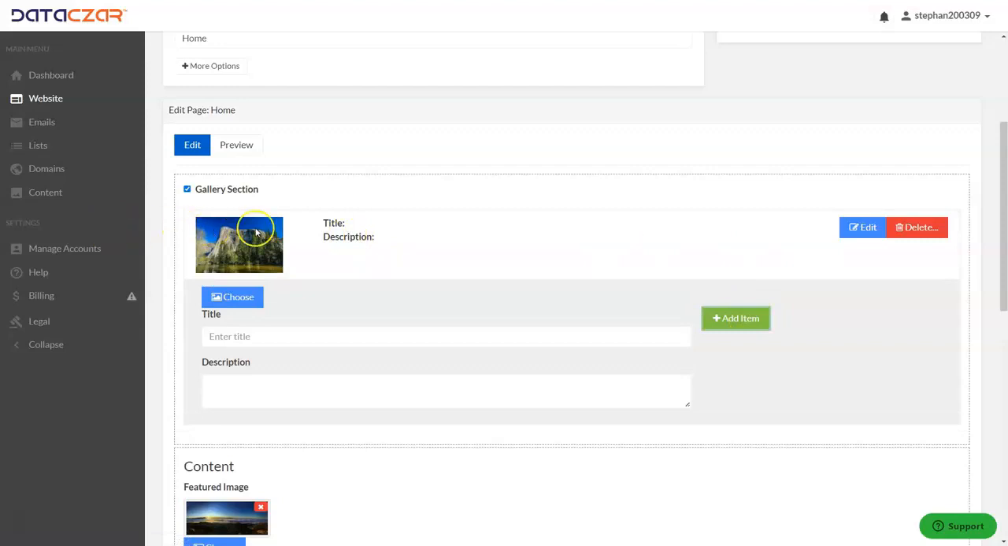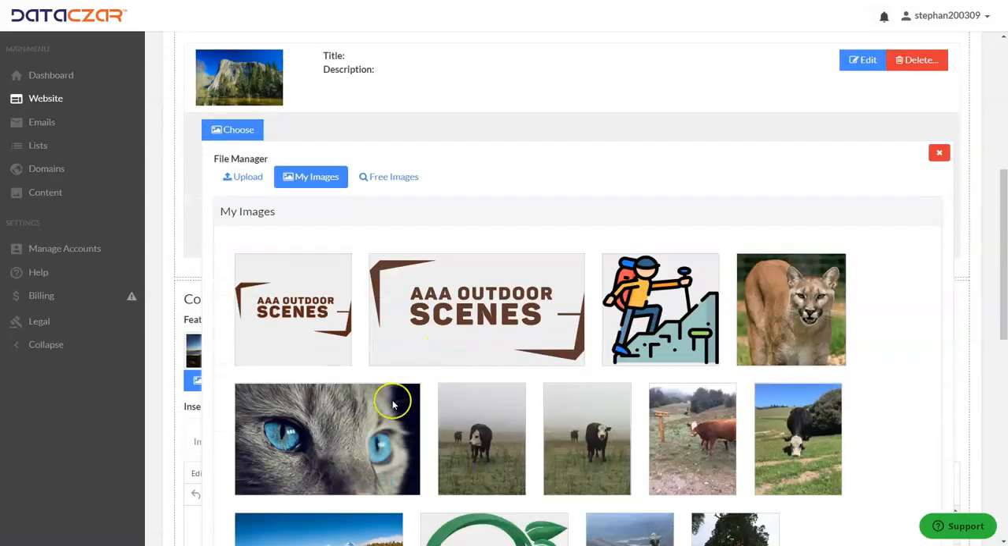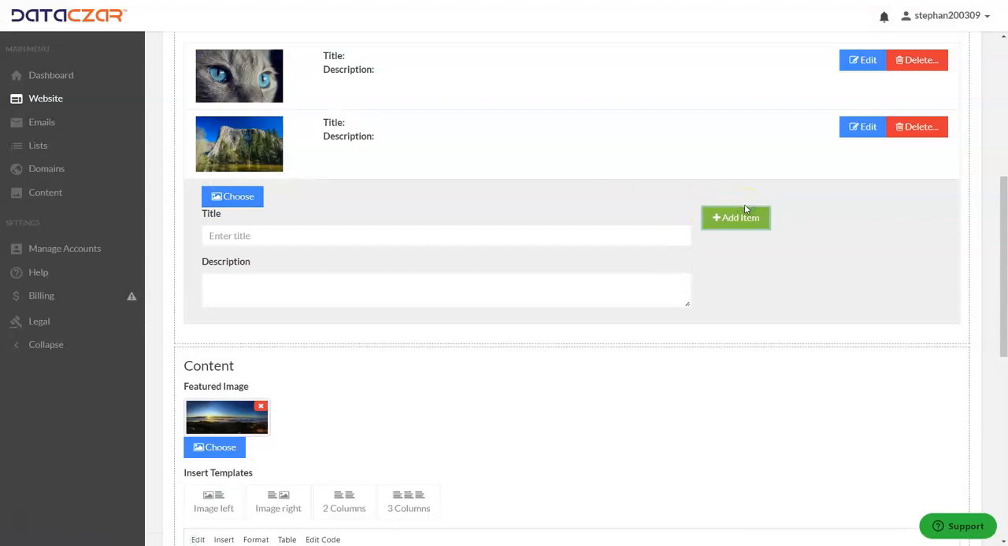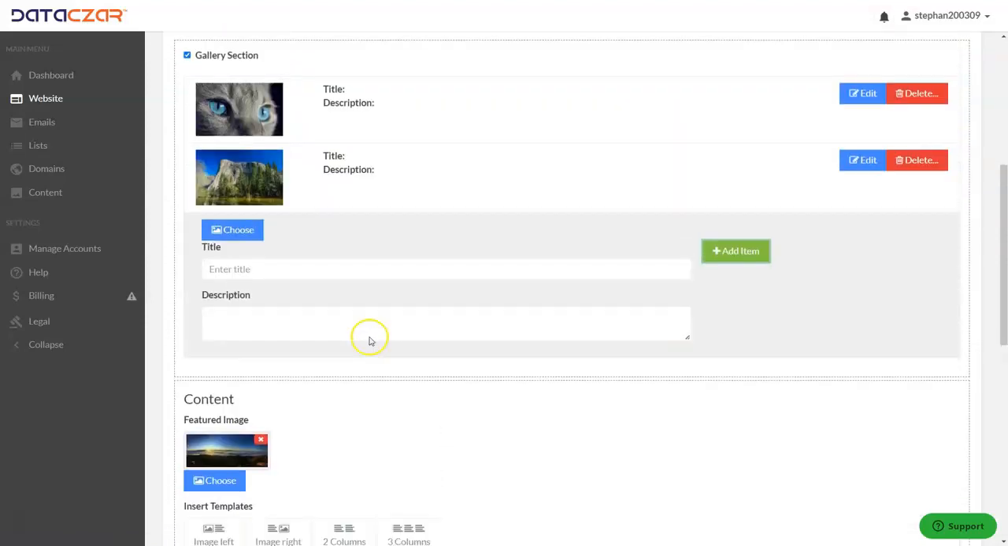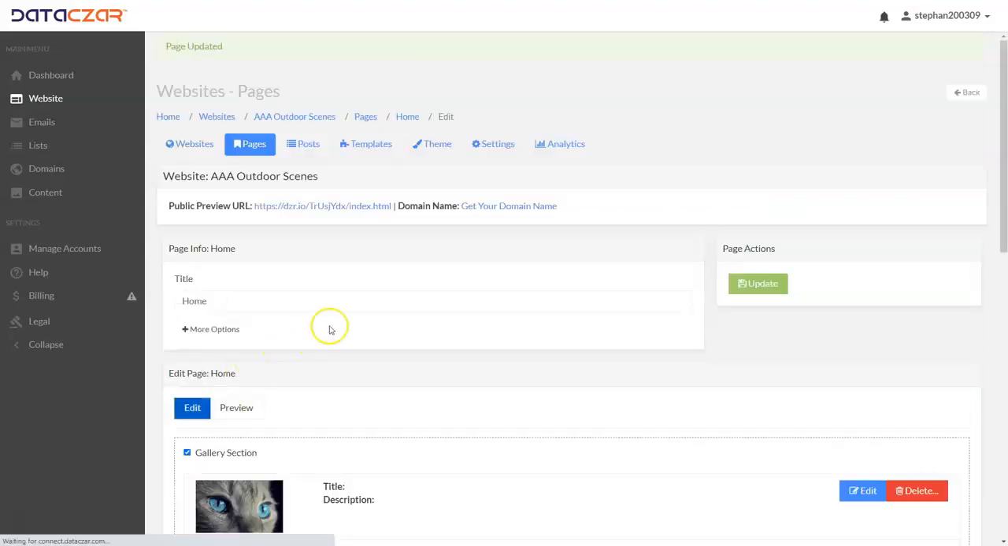So that's been added. Next image we're going to choose. Go to My Images. This one of the cat. And then you can add a title and a description. We're not going to do that. We're just going to click Add Item. And those have both been added. So now we scroll down and we click Update. Now we added the image slider gallery,